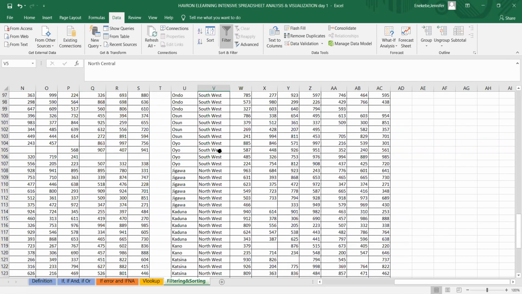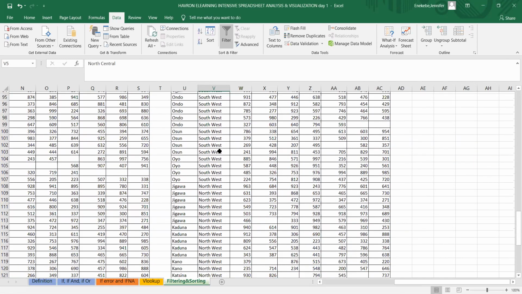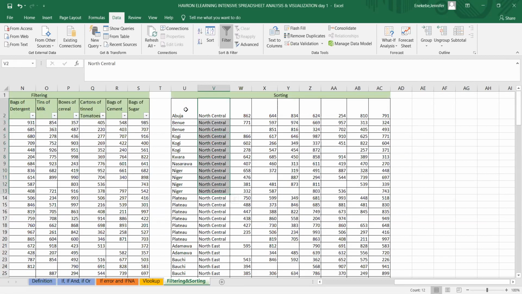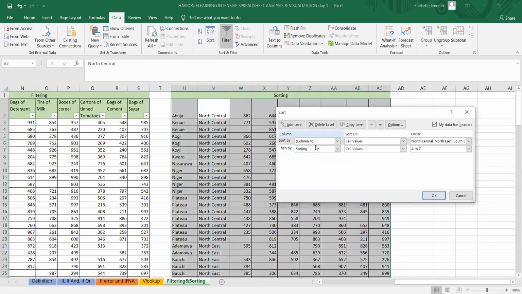Also, if you notice, as you are sorting the zones, the states that fall in that zone are also arranged alphabetically. Let's change it a little bit so I can show you the difference. So let's look at this zone sorting of the